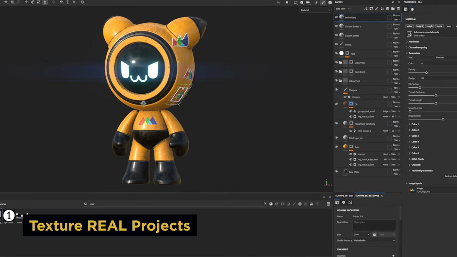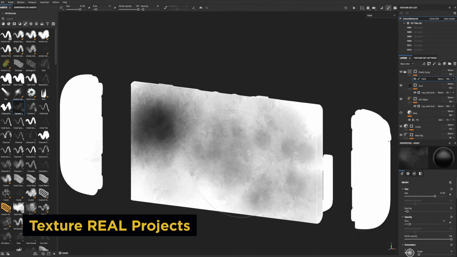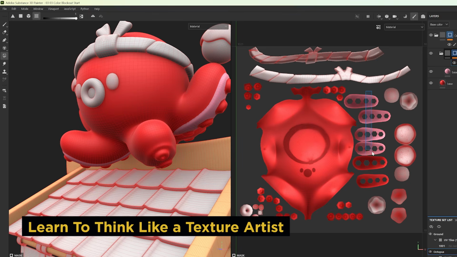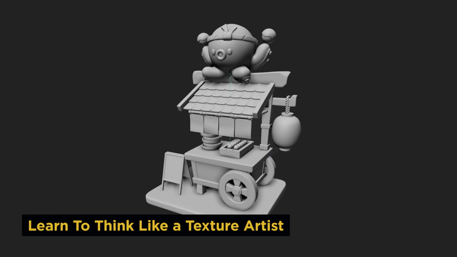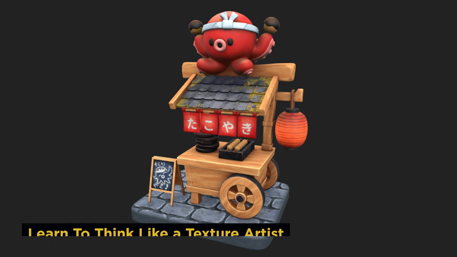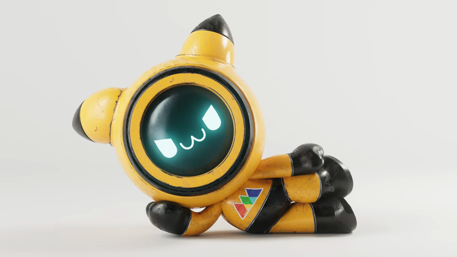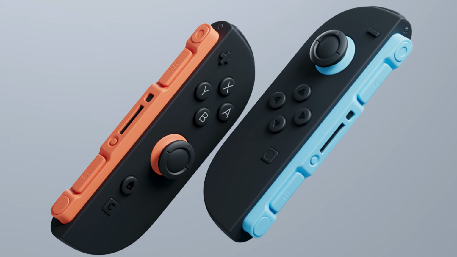We'll texture real projects, characters, environments, product assets, not shader balls. And you'll learn how to think like a texture artist, not just apply presets and cross your fingers. By the end of this course, you'll know how to create custom materials that actually support your design, your lighting,